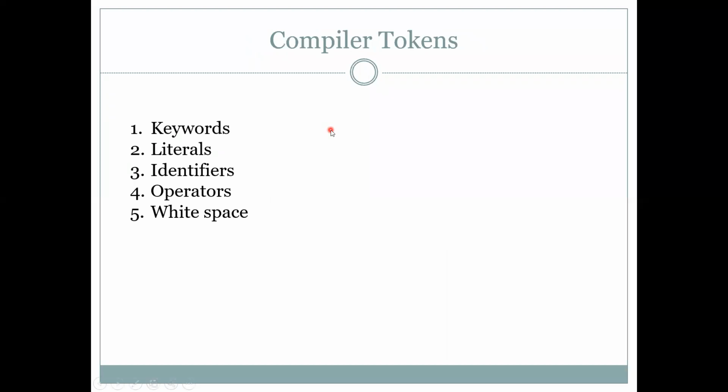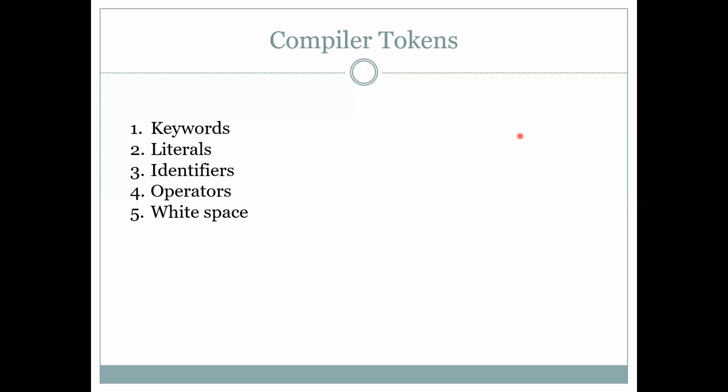And next is the compiler token. So your compiler is software that converts your program, that checks your program syntax line by line. It checks everything, whether the keywords are correct or not, whether a semicolon is given or not. Okay, it checks everything. So for the compiler, there are some tokens. So when a C++ compiler analyzes your program, it breaks the program into tokens. Okay, and a token is a distinct unit that is recognized by the compiler.